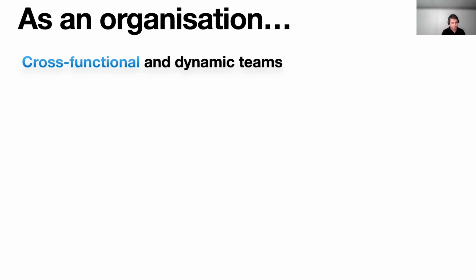You have read a lot about this in many blogs, perhaps, or you have seen it in other talks. Cross-functional teams are very, very important. And what I mean by cross-functional is not only that we have a team with backend and front-end developers. No, you have people from the business side, you have marketing people there, you have product people there, you have designers, graphic designers, you have really cross-functional teams. And dynamic teams is what I mentioned before. You form these teams according to the feature or the product you are developing.